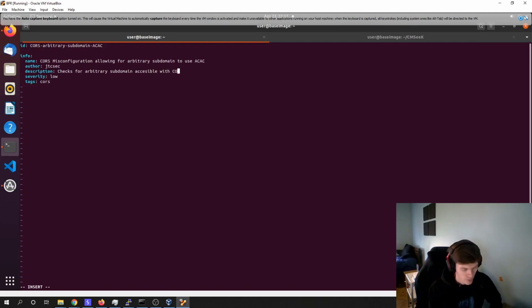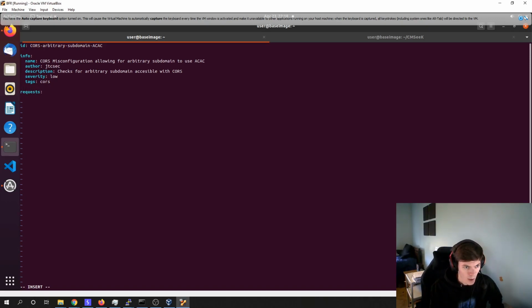accessible with CORS. Okay, so the key with YAML files is the spacing and the dashes, which define the different sections of this. So it's very similar to Python if you've coded in this before. So you just have to make sure that when you're creating different sections, you want to keep the spacing the same. Otherwise, it'll complain. But fortunately, there's tools out there where you can actually verify your YAML files, so that way, before you try running it, it can help you fix some of the errors. Also, Nuclei has the verbose option when you run it, which will help give you some debug messages in case you're having problems. So we're going to go down and define the request section,